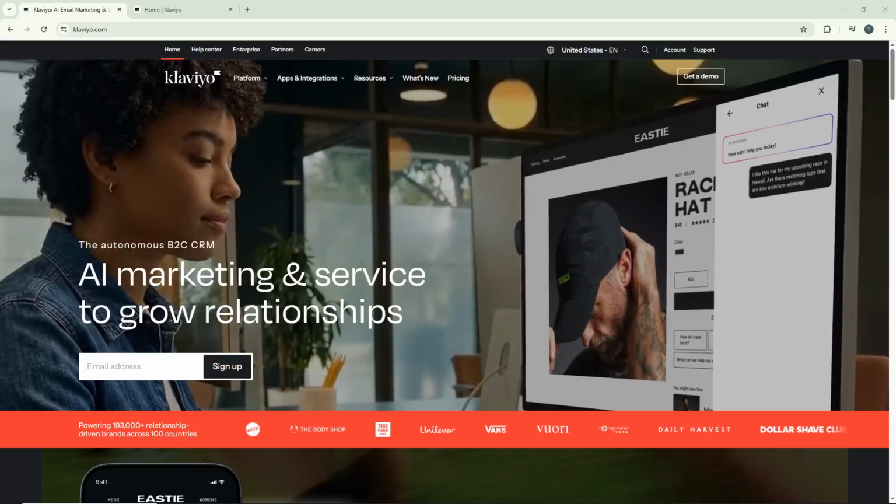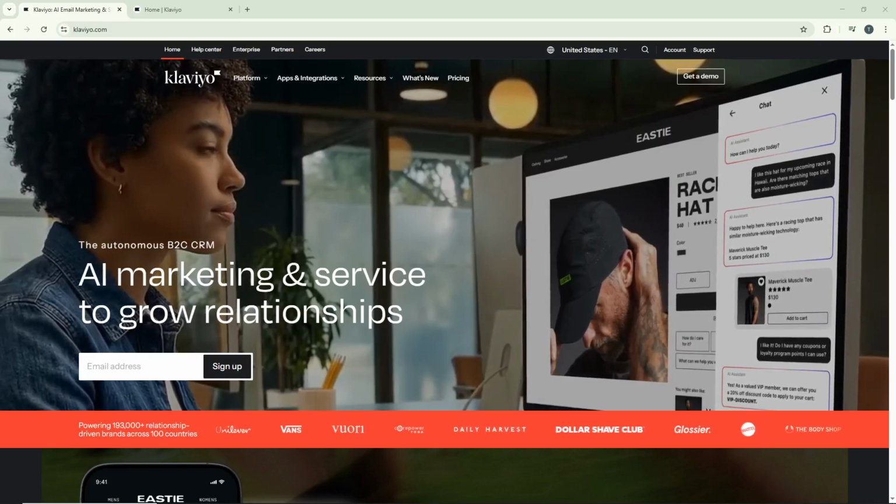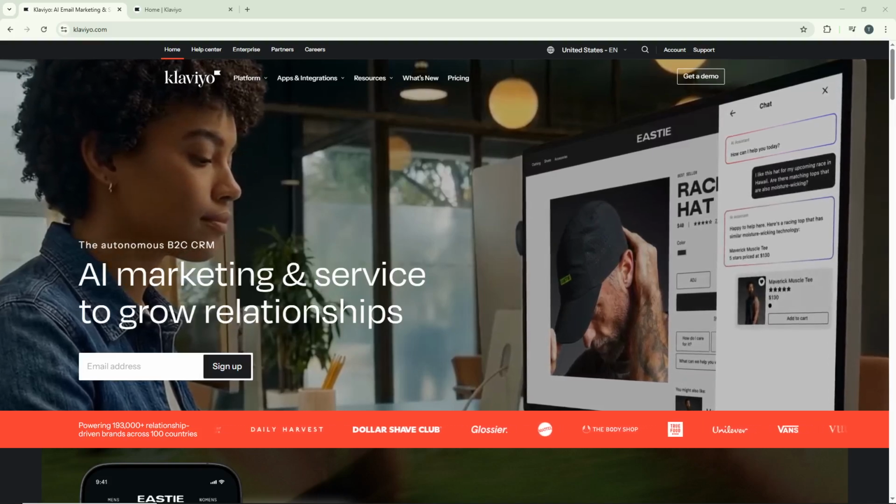Welcome back, everybody. Today I'm going to teach you how to change the background color in Klaviyo's email builder. This is a simple yet powerful way to customize your email campaigns and ensure they align perfectly with your brand's